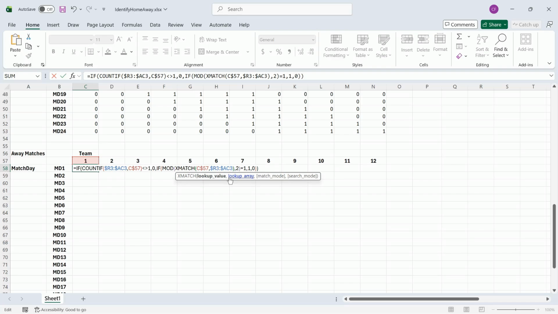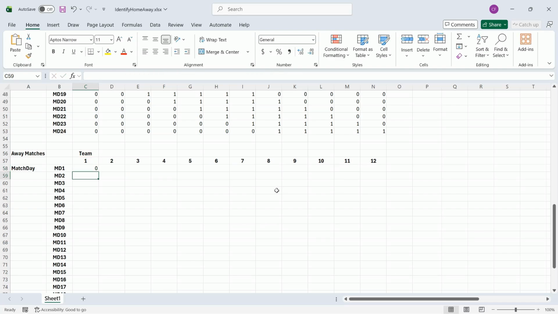Because I have my 2 arrays in the same sets of columns, it actually would work to look up at C29 like we did before, but because I'm putting the formula in a new place, I will change what I'm looking for. And the other thing that we need to do is, because we're looking for away matches, those team numbers occur in the even numbered columns. So rather than checking for a mod of 1 after we divide by 2, we change it so we are looking for a mod of 0. Then I type Enter, and I get my 0 for Team 1 on match day 1,